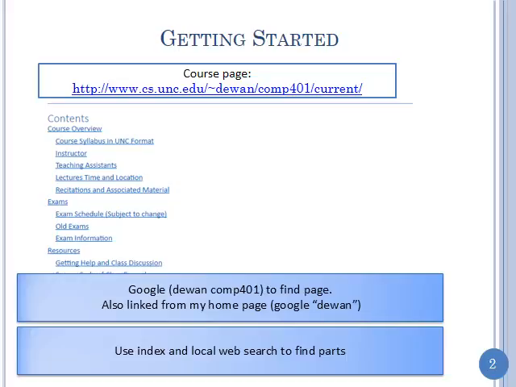So, a lot of what I'm going to talk about is on my course page. If you don't know how to access it, please quickly jot this down. And if you lose this information, you can always Google. You can Google for my last name and Com401 to find the course page. You can Google for me, just my name, and you'll get my home page from which you'll find the class